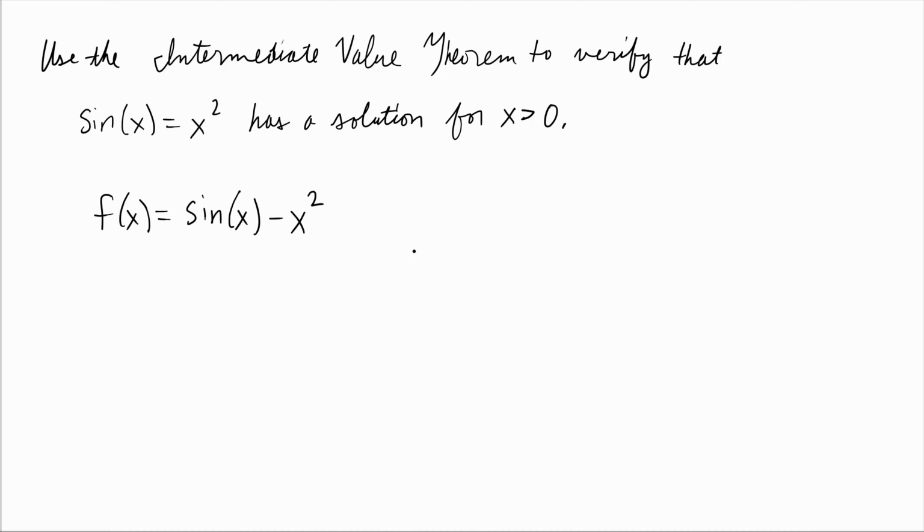The idea is that if I can show that for x greater than 0, for some x value, this function is hitting some negative number,